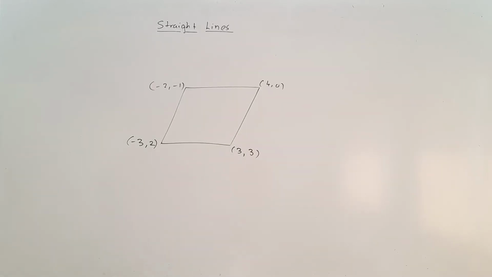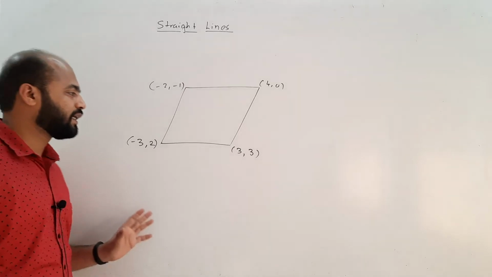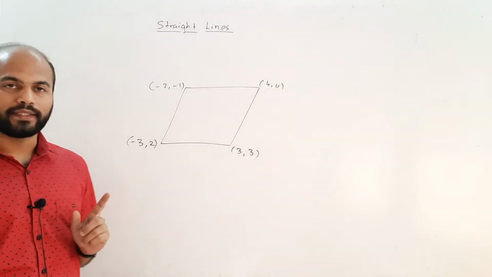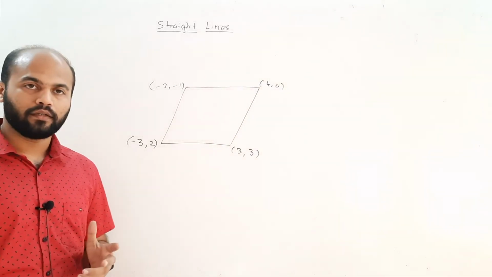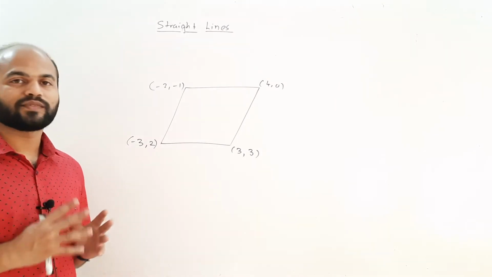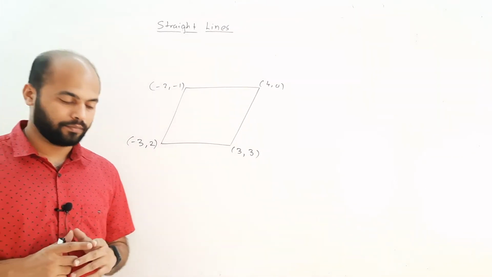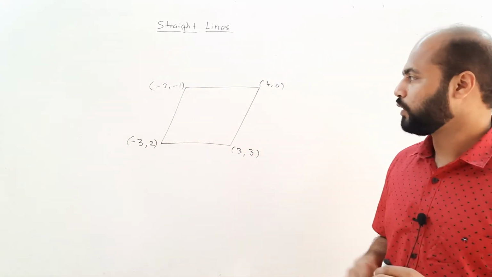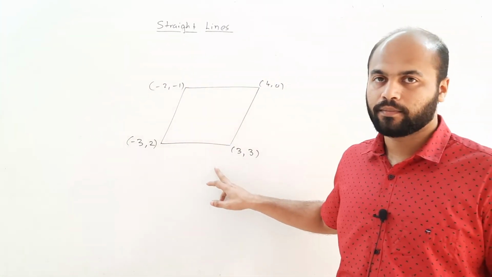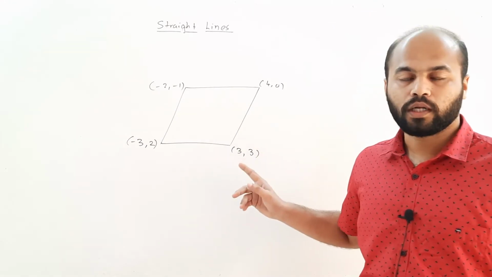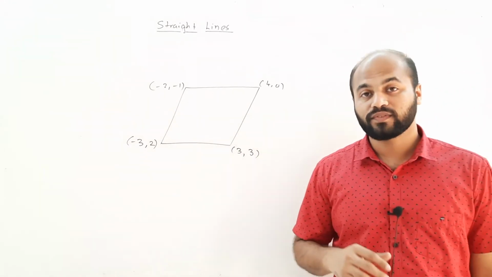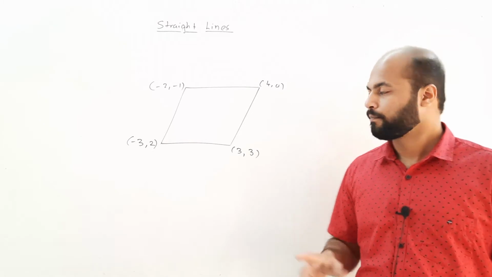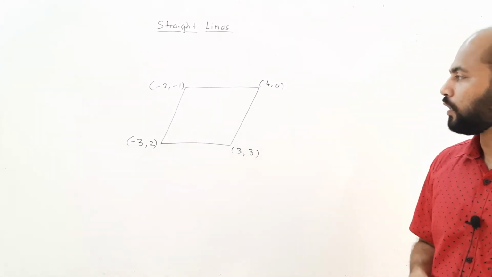So (1, 3) divides the line segment in the ratio 2:3. Now we have a problem in front of us which states that these are the coordinates of a quadrilateral, and without using the distance formula we have to prove that this is a parallelogram. Now if you have to prove it is a parallelogram, that can be done with the use of the distance formula as well. But then without using the distance formula, with the use of the section formula, we have to prove that this is a parallelogram. Now how do we do that?